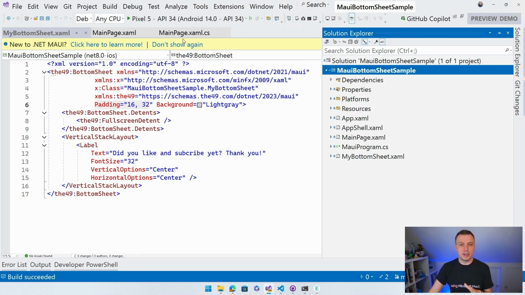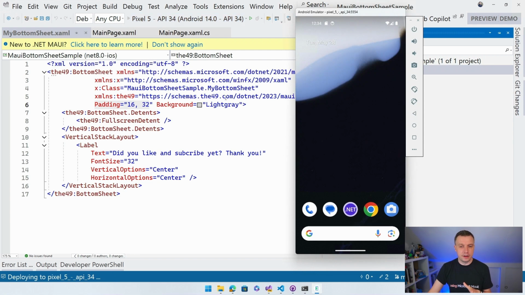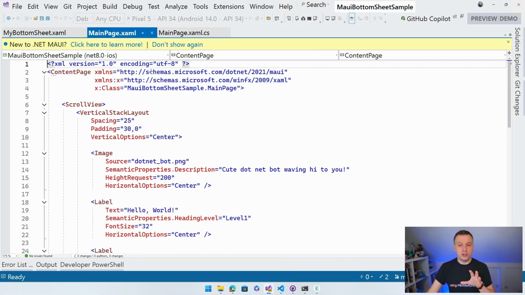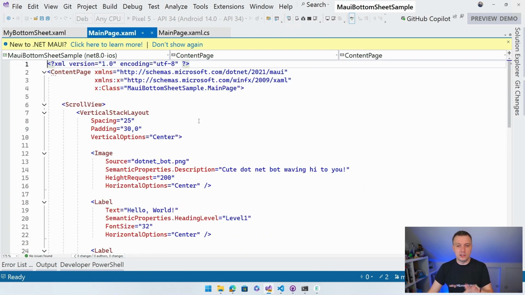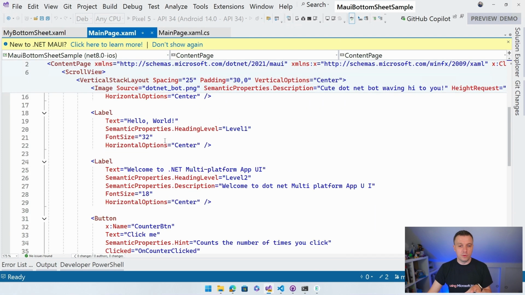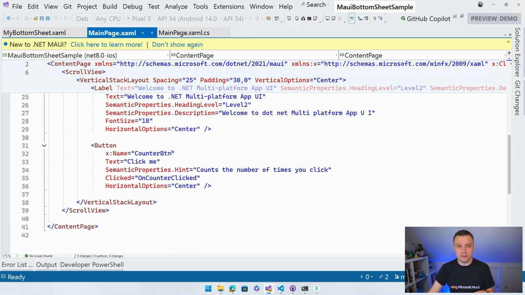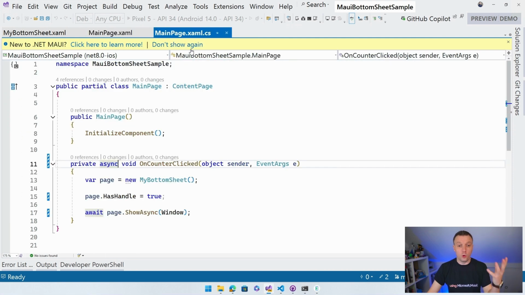Now let's see if I can deploy it to my Android emulator. It should come up any second now. And again, it's going to show you the same application that we saw before. Actually, I didn't show you this, so I skipped over it a little bit fast. This is now the old template. We have a new template for .NET 8, but this is the old File New .NET MAUI template. And here in this button, which should typically increment a little value, we now show this bottom sheet, right?